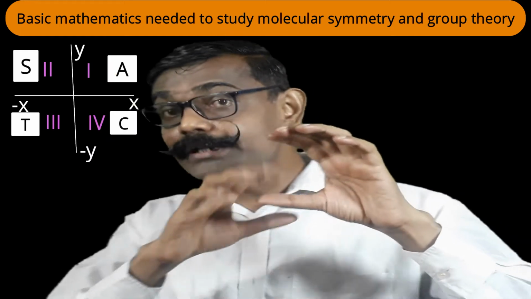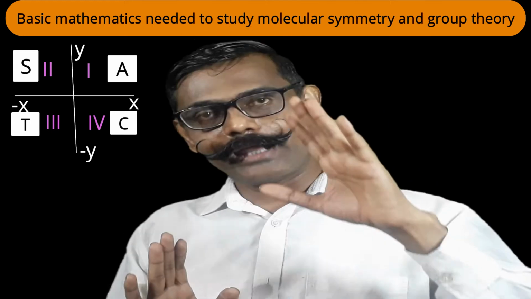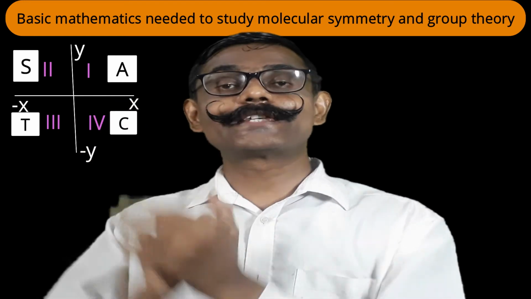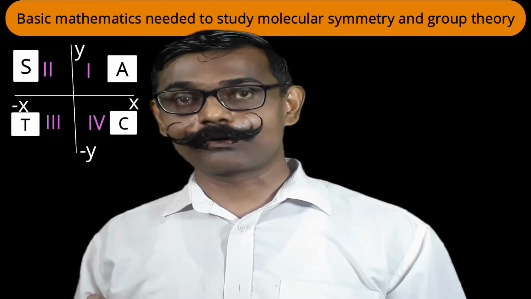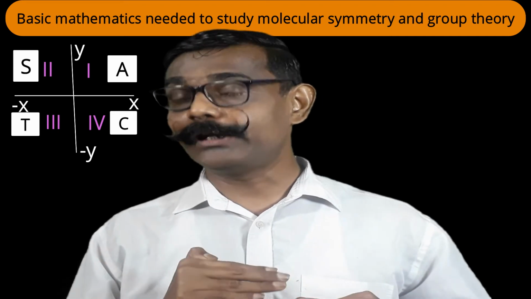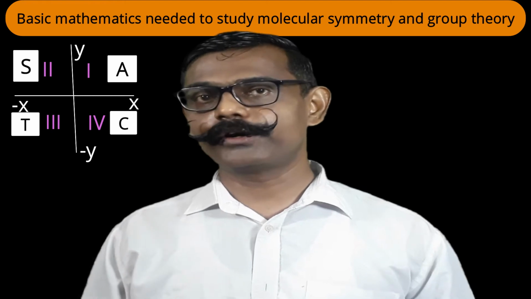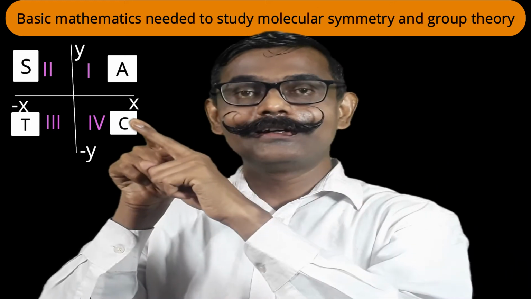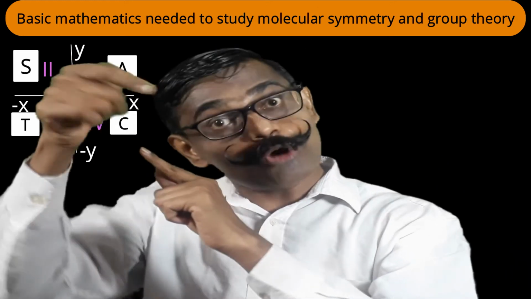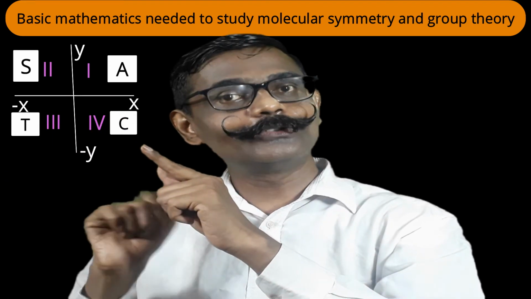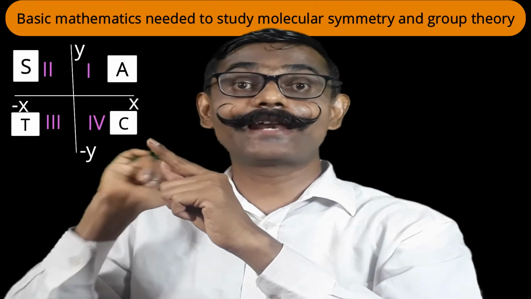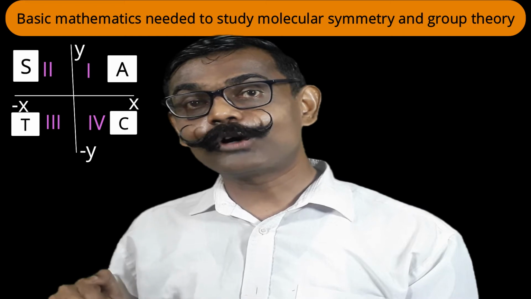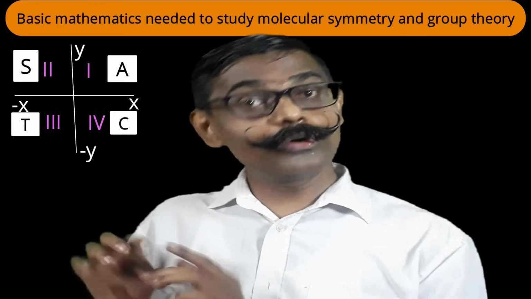What does it mean? A means all are positive: sine positive and cos positive. Tan also remains positive. S means only sine is positive in the second quadrant. T means tan is positive in the third quadrant. And C means the cos value is positive in the fourth quadrant. Just analyze it properly. When sine and cos are positive, tan also will be positive. Here, only sine is positive, which means cos is negative. If cos is negative, tan also will be negative. Therefore, when sine alone is positive, cos and tan are negative. In the third quadrant, tan is positive, which means sine and cos are negative. Only tan is positive.